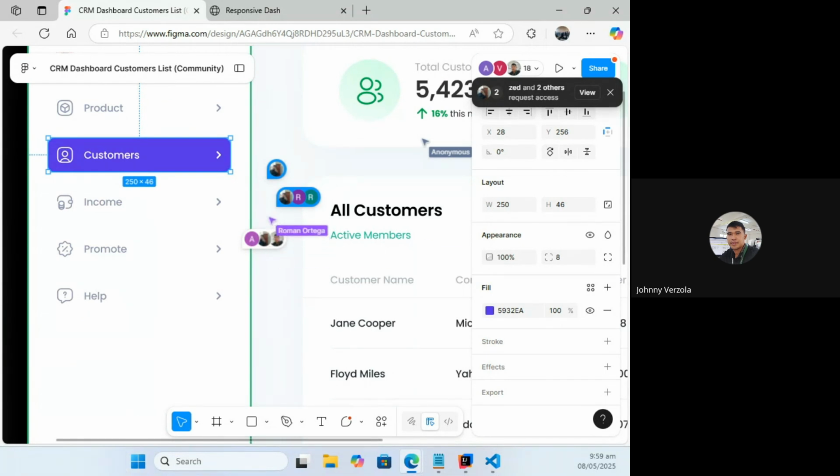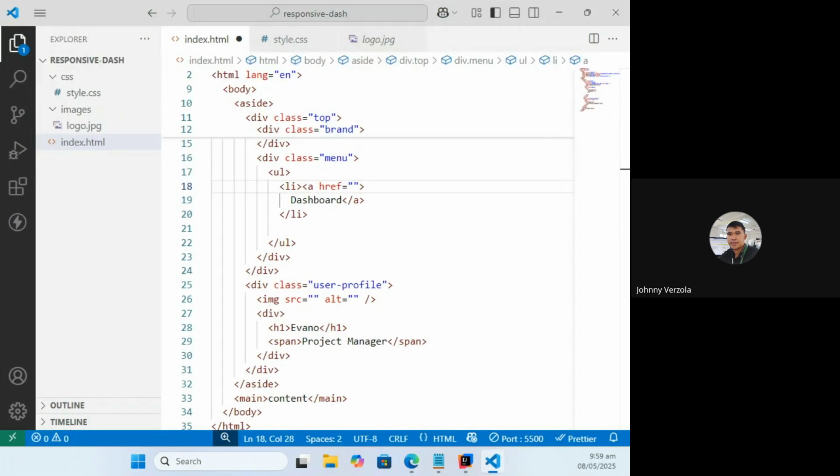I'm going to alter this one. So I'm doing this, I'm demonstrating this so that you can also do that on your own later on. So I'm just going to remove that anchor tag there. Okay. And then I'm going to have number 1 for the icon. This will be for the icon. We can make use of SVG. Some of you are using SVG from Google already, but you don't need to do that.